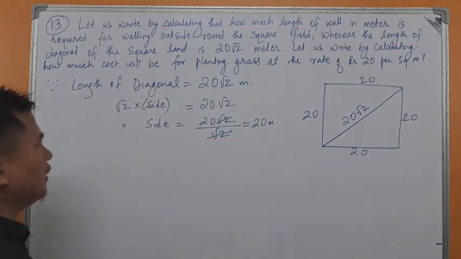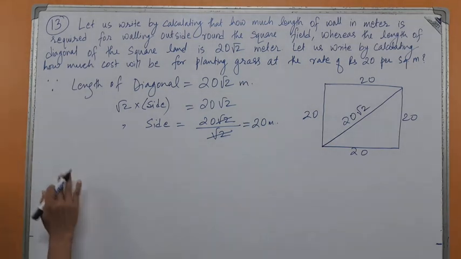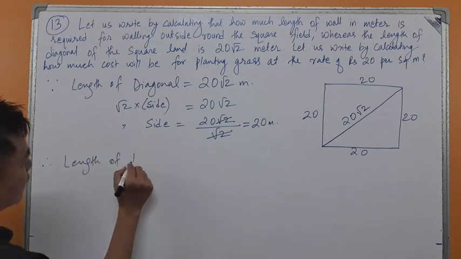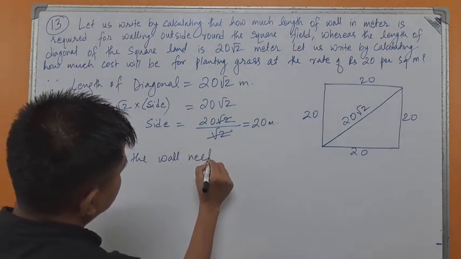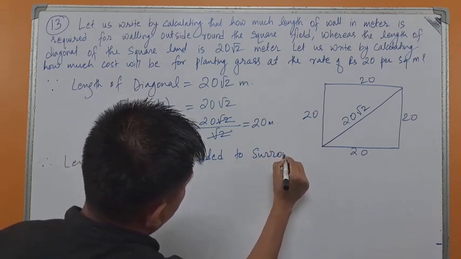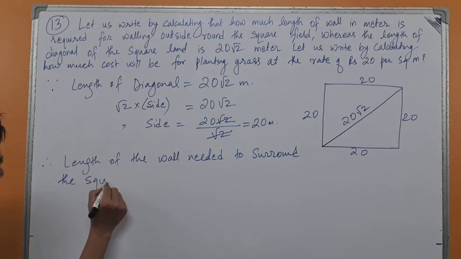Okay, now we are asked to find the perimeter of this square, isn't it? Length of the wall. Therefore, length of the wall needed to surround the square shaped land